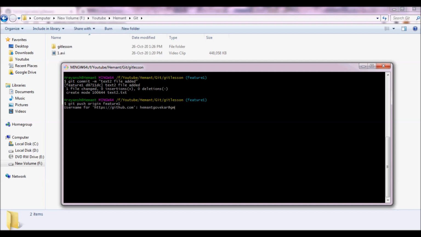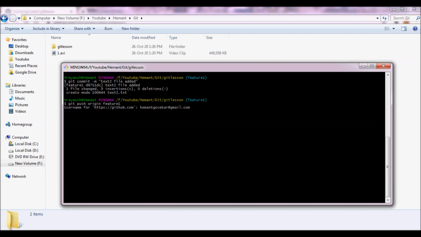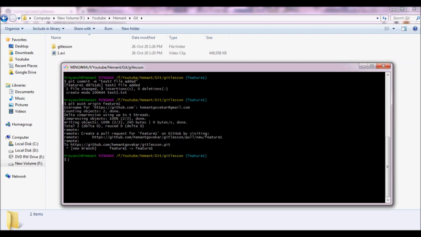Let me put in my username and password. Okay, so the file is pushed to the repository, which is our feature 1 branch.